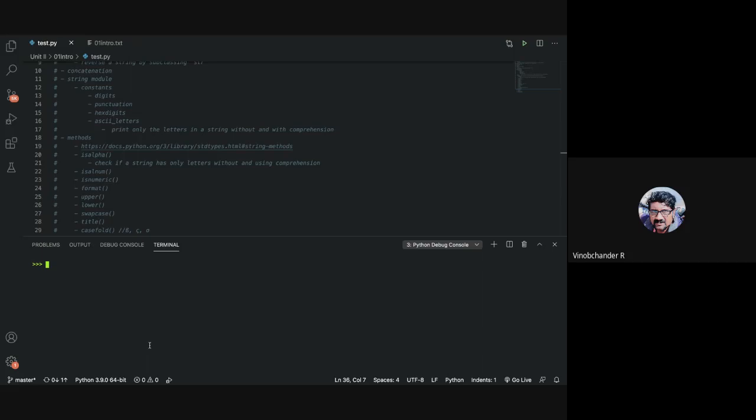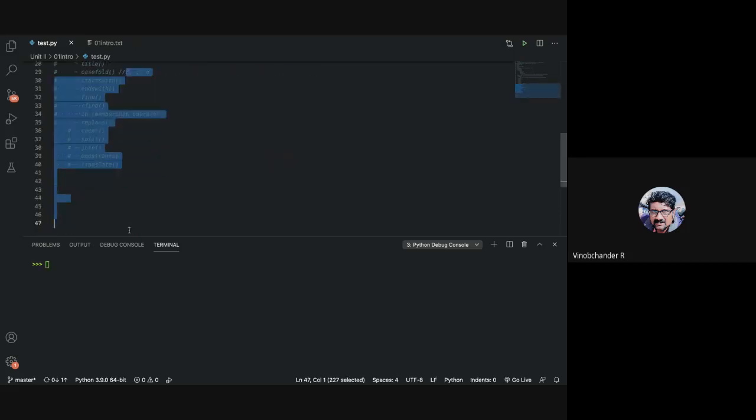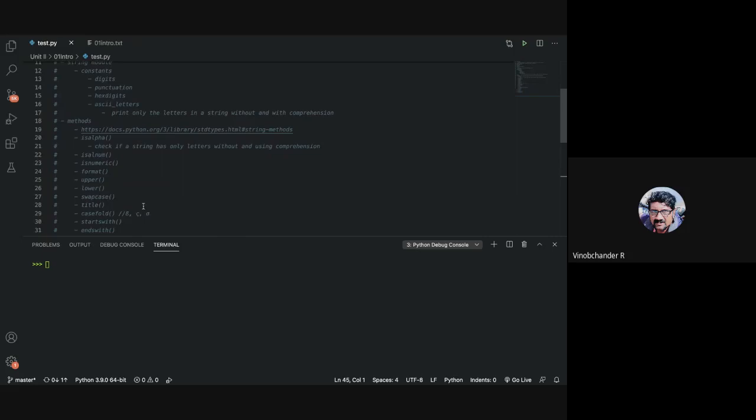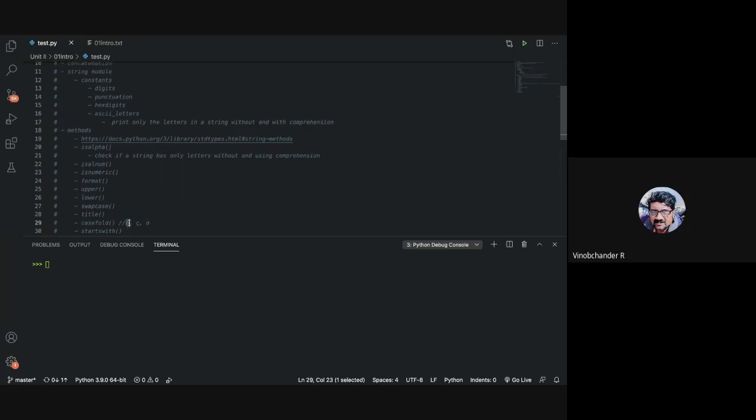Say, for example, I have just copied and pasted some German characters here. So what is this German character? This is your Strasse symbol. When you say Strasse in German, it is expressed as SS. So let us see an example. If I copy that symbol and print this literal, see, this is this. But casefold is much more aggressive.